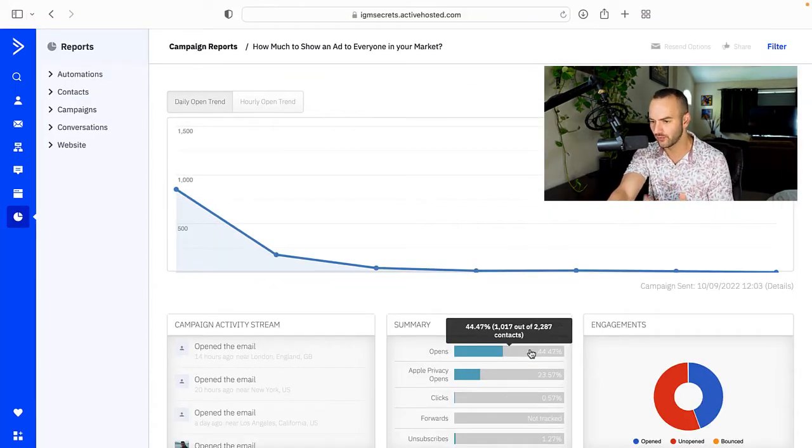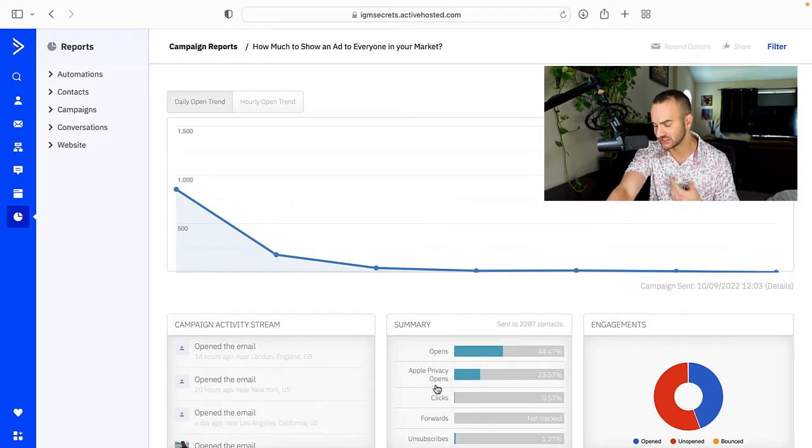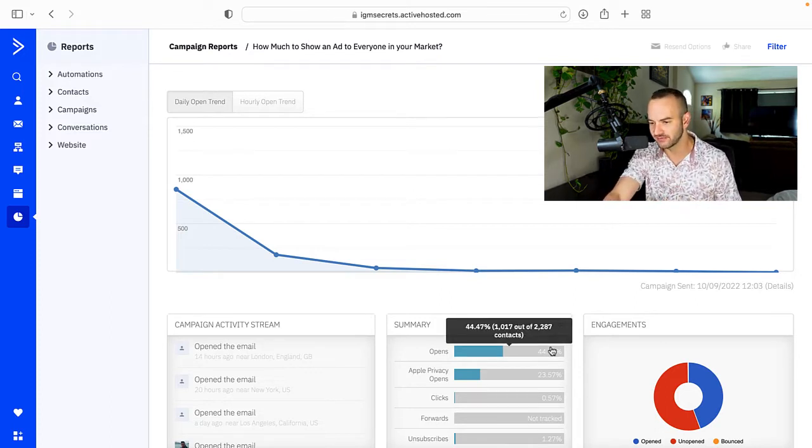And before I tell you the open rate, I do want to mention that open rate and Apple Privacy Opens, which is the new category, this data does have a lot of sources of error, but ultimately, this data is still a good reflection of how we're doing, and we can compare our open rates to our other open rates, and we know that we're comparing at least on an even playing field. They have the same sources of error going on in both, so if we just look at our average open rate compared to how this one's doing, then you can always be making sure your data is based on something. But the open rate on this one, this is my first time checking it, by the way, is